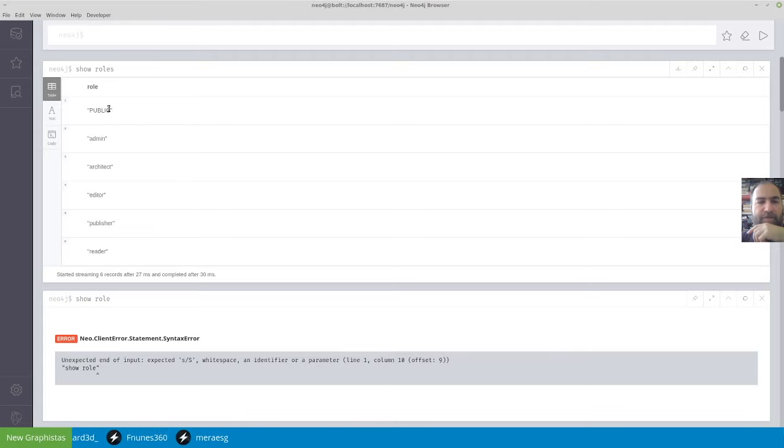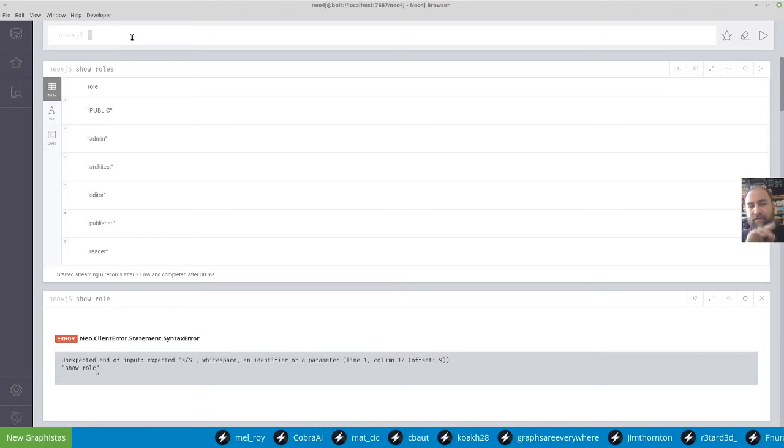And if you want to change this, you can put other information on the public role as well, which is really nice. So that was one thing. We created a database, we created a user, and the other thing that's new, we did the filtering of columns for show commands. And the other thing that you can do is now basically give more granular permissions for writes, for instance. So you can say grant write